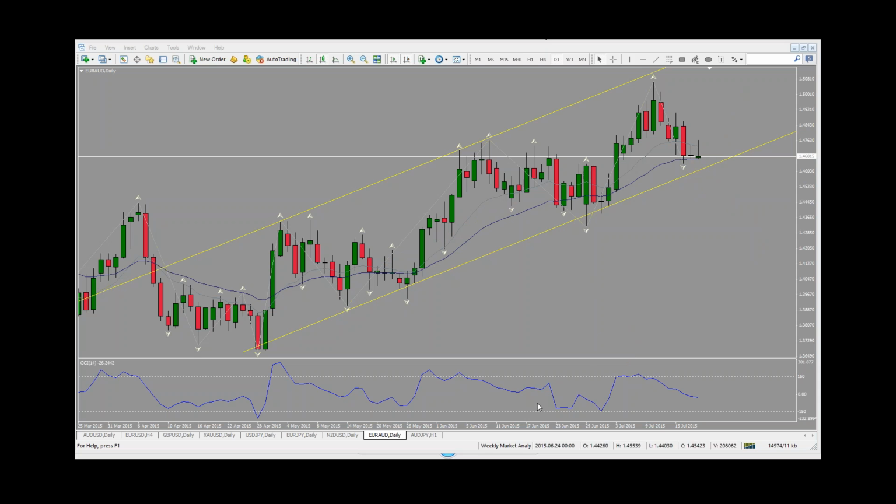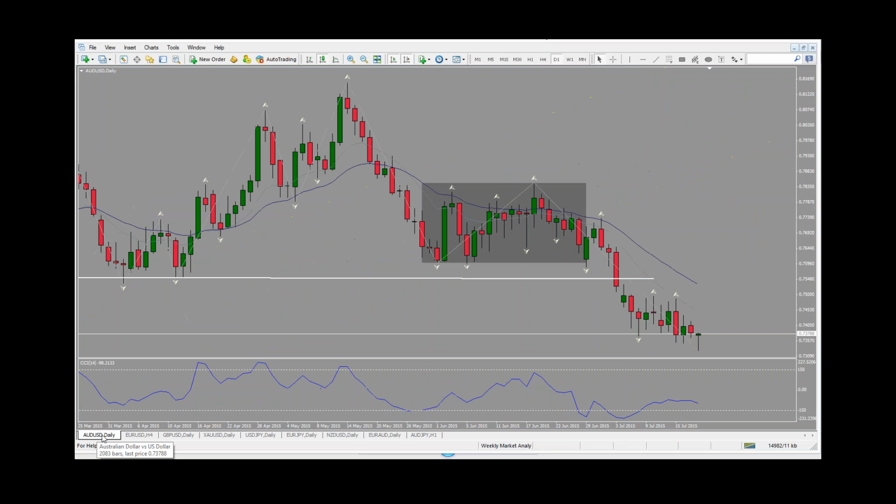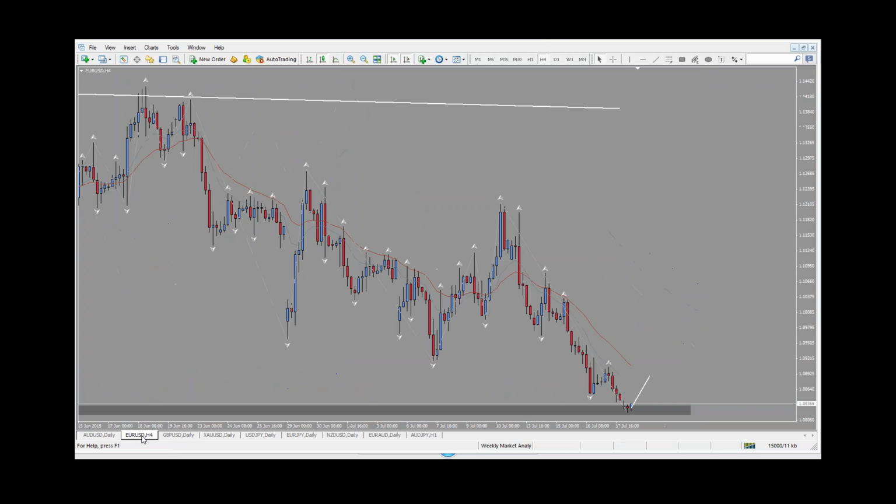Any questions? Let me go back and recap what we've covered quickly. Aussie dollar, we are in positions as short sellers already. If you're not in a trade, we're waiting for a pullback to see if we can get an opportunity to get in. Euro USD,